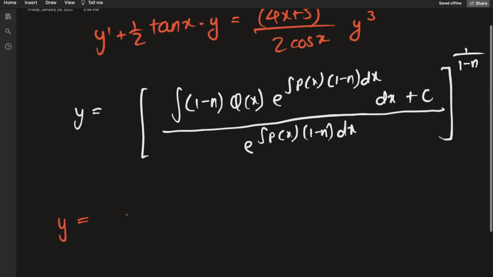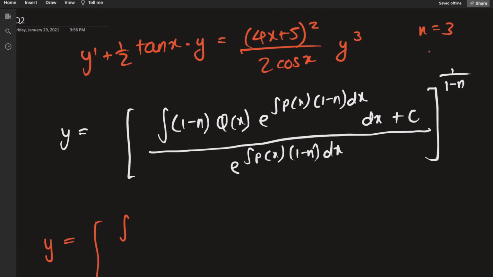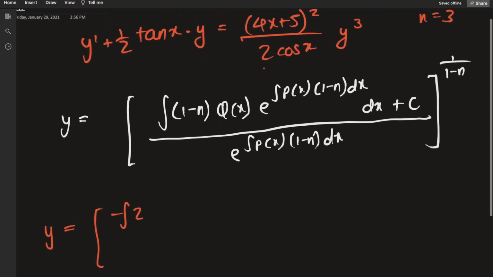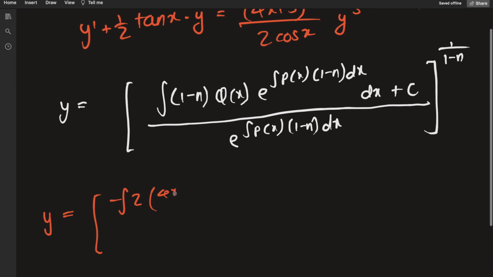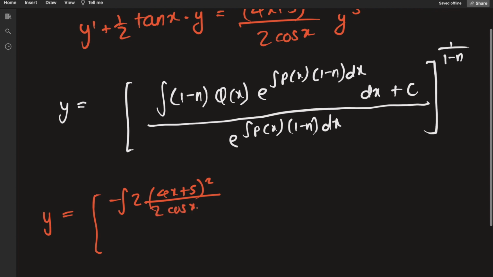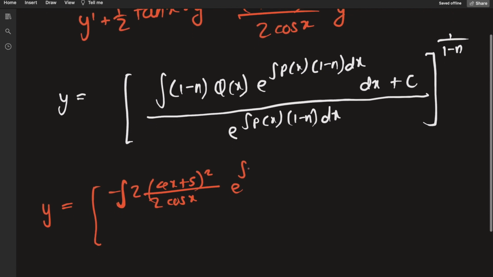So it says y is equal to the integral of, well, n is 3. Let's just write these things. n is 3, so we have negative 2 here. Q of x is this, which is on the other side. So that's (4x plus 5) squared divided by 2 cosine of x, and then it has the integration factor inside, this big integral, e raised to the integral of p, which is 1/2 tangent of x, and 1 minus n, which in our case is negative 2, dx plus c,